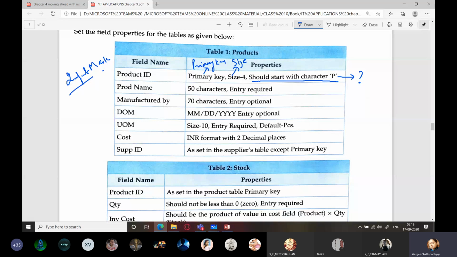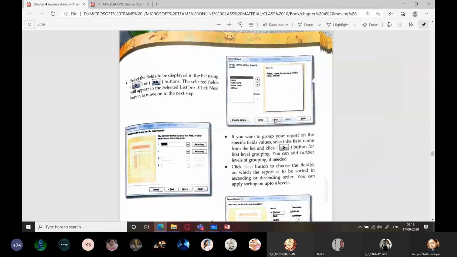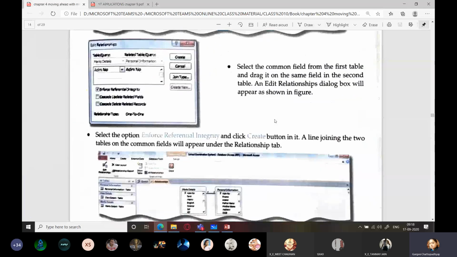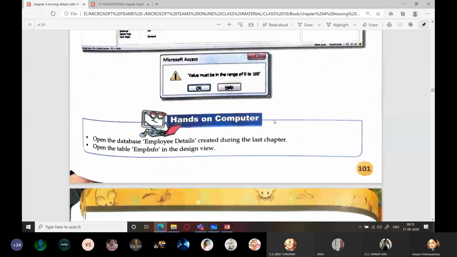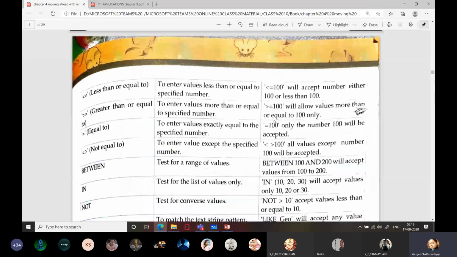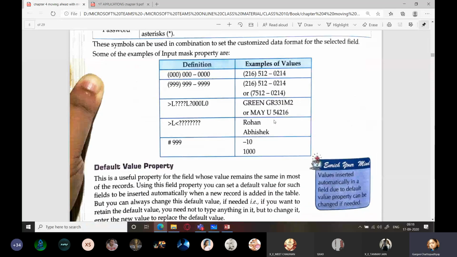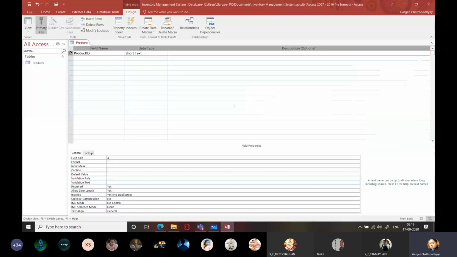You are going to apply input mask over here. Now I'm going to just open that table for input mask. And look at that table, and then you people suggest what I should do over here. Specifically, I want those people to answer who are working on inventory management. So this is your input mask, right? Now, what is required in the question?